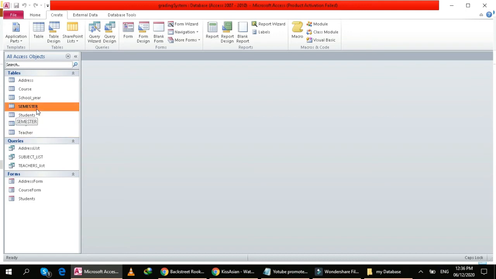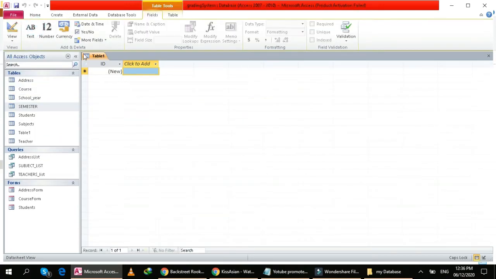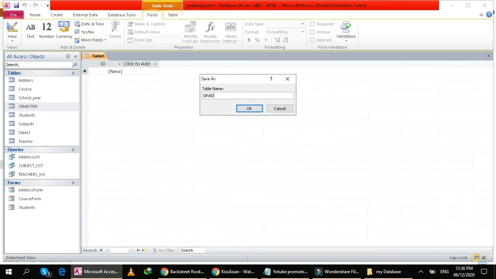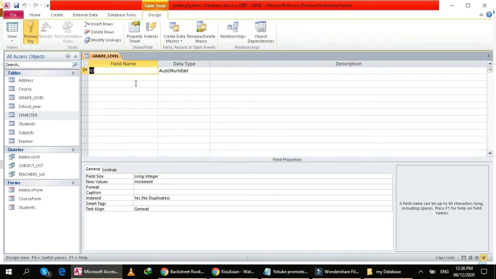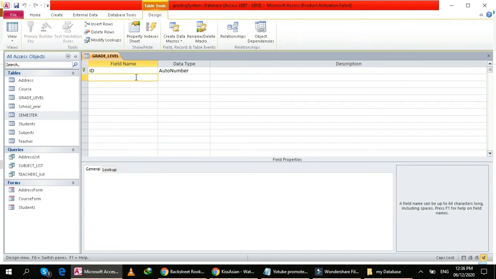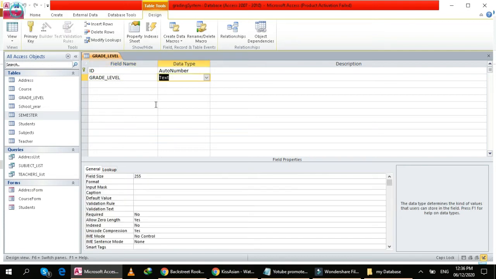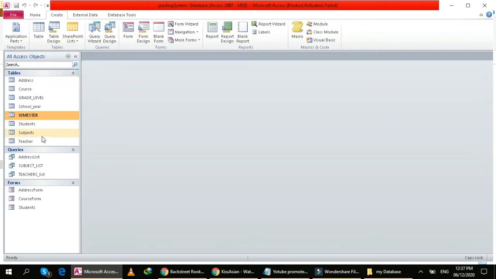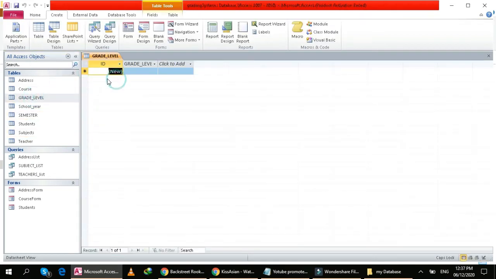After the semester, we also have the grade level. The grade level is very important. So we have here another table. Let's create grade level. Grade level. Let's leave it as text. So for the grade level here, we have grade 1,